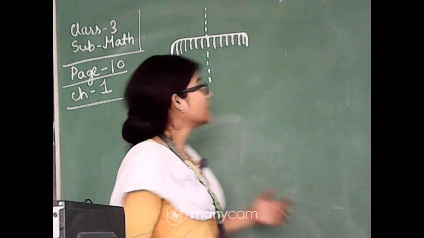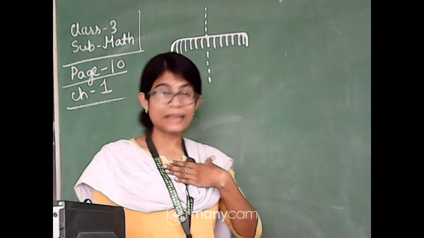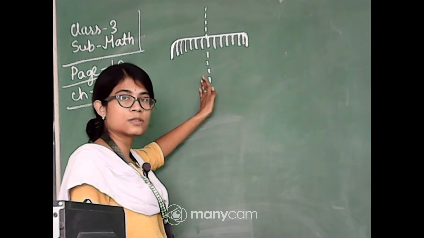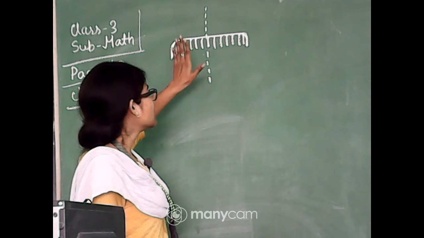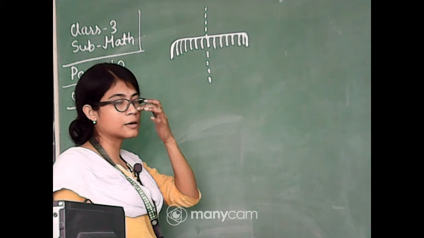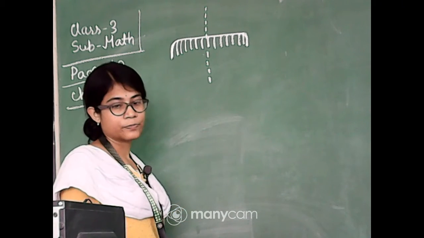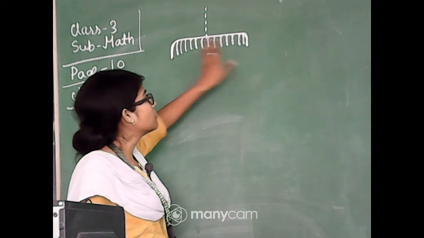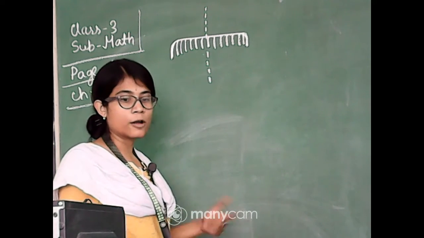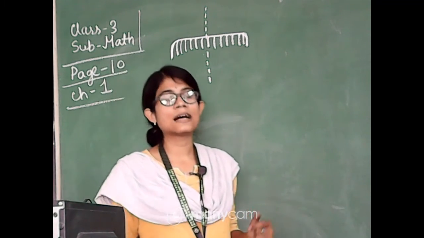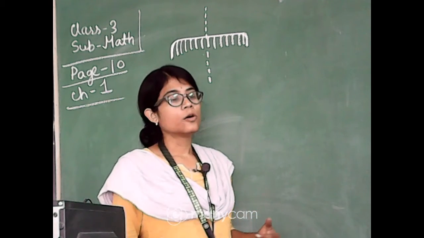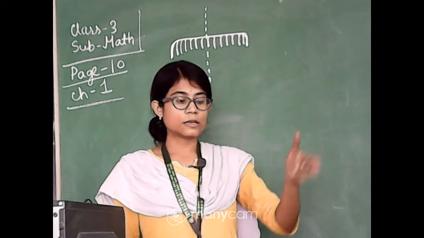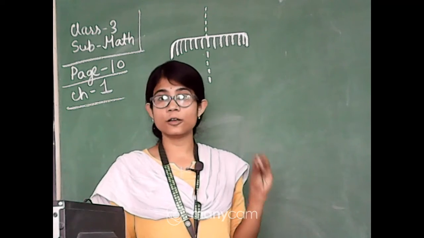So now tell me, can I divide this comb by using a dotted line into two similar halves? Do both the halves look the same or not? After dividing this comb, are both sides looking the same or not? Yes, Sheikh Chad has answered yes. So in this way you have to divide the pictures that have been given in your book.